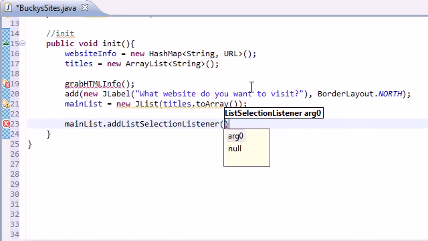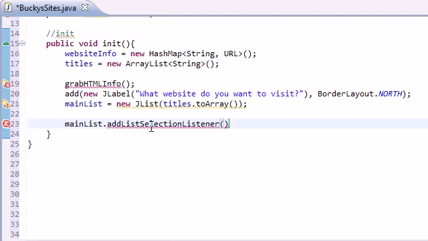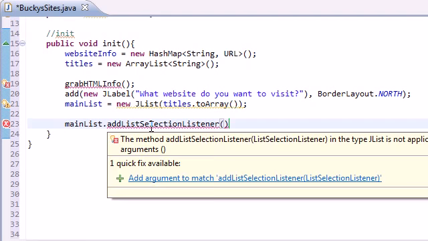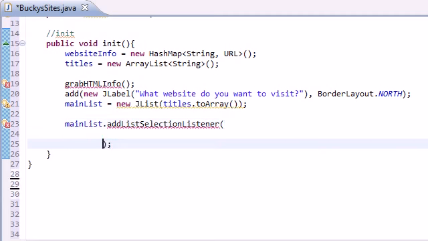Now, inside this parameter, let me see if it will tell you in the documentation. Well, I'll just go ahead and tell you, it's kind of what I'm here for, isn't it? What we need to do is add an anonymous inner class, basically the functionality to wait for the list itself. So the first thing you do is add a new